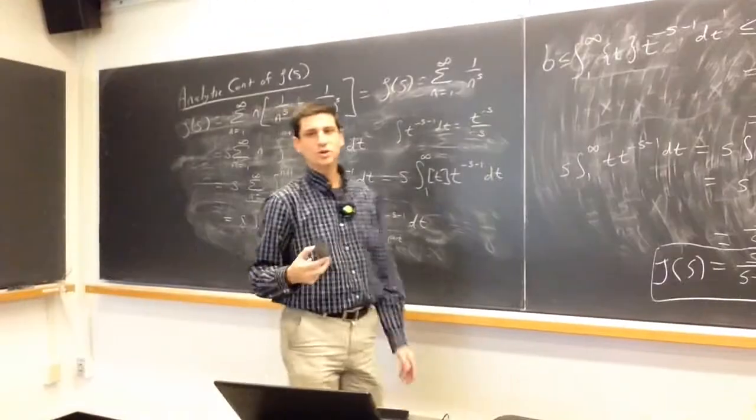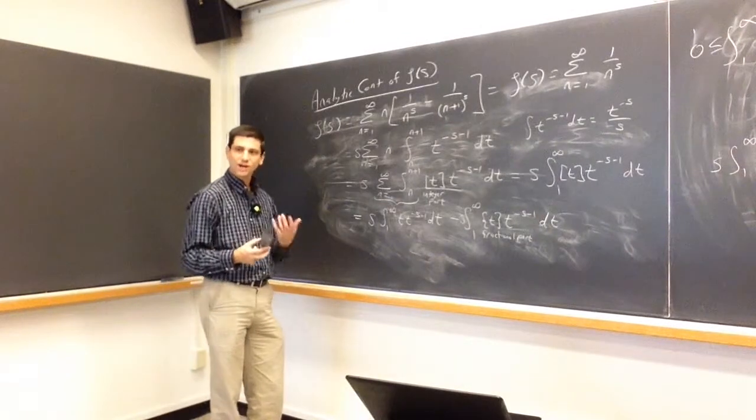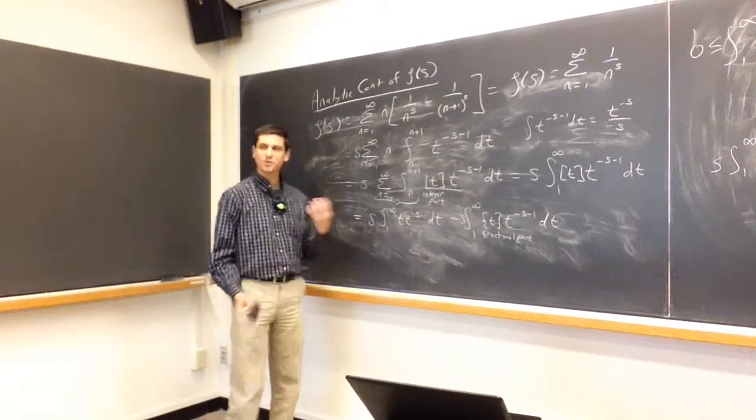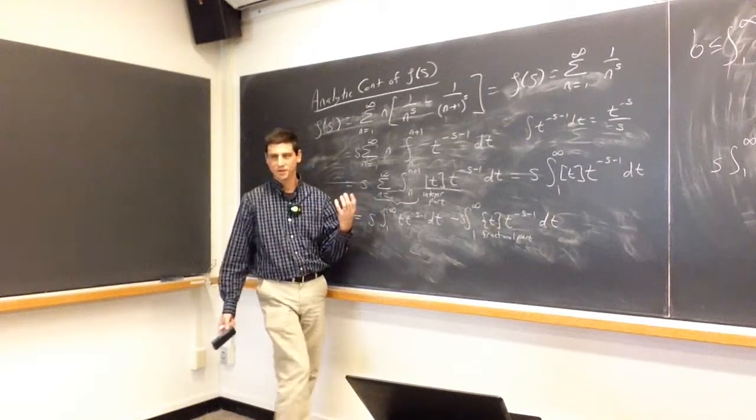Okay. Any questions on what we've done so far? We now have two analytic continuations to the Riemann zeta function. Neither one of them is terrific. But